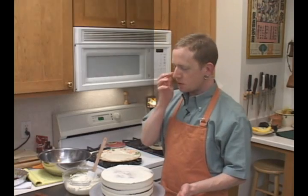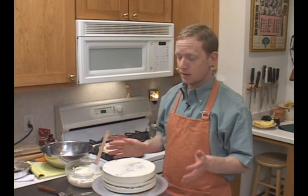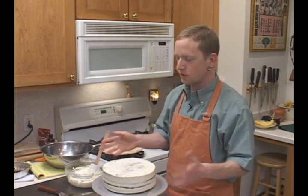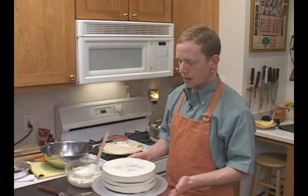Okay, so this cake has been sitting in the refrigerator for, I want to say 45 minutes at least, and that's good. You want it to be firm to the touch. You don't want any buttercream to come off on your fingers when you do that, and that means it's the right texture for you to go ahead and start